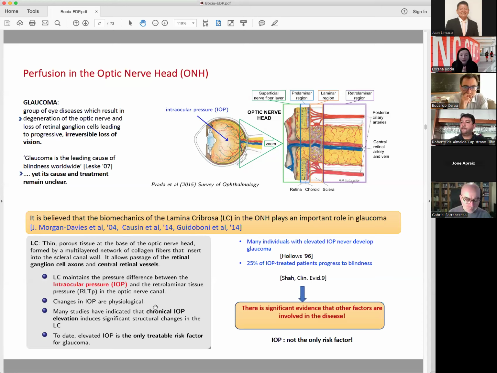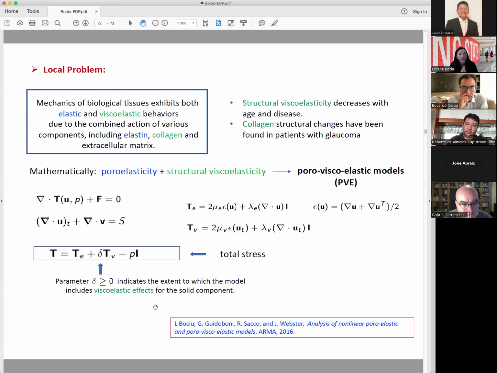However, there are many individuals with elevated IOP that never develop glaucoma, while at the same time, about a quarter of IOP-treated patients continue to progress to blindness. So clearly there is significant evidence that there are other factors involved in the disease. The intraocular pressure is not the only risk factor. So when we started looking at this, we said, okay, let's just focus on the local problem, on the